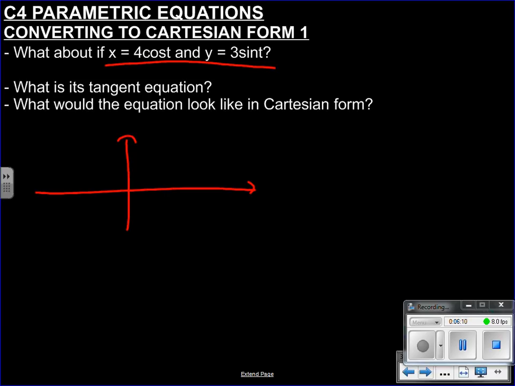How would I put this in Cartesian form? Because maybe in Cartesian form I'll be able to see if it's a known function and I don't need to waste my time looking for it. Well, if x equals 4 cos t and y equals 3 sin t,